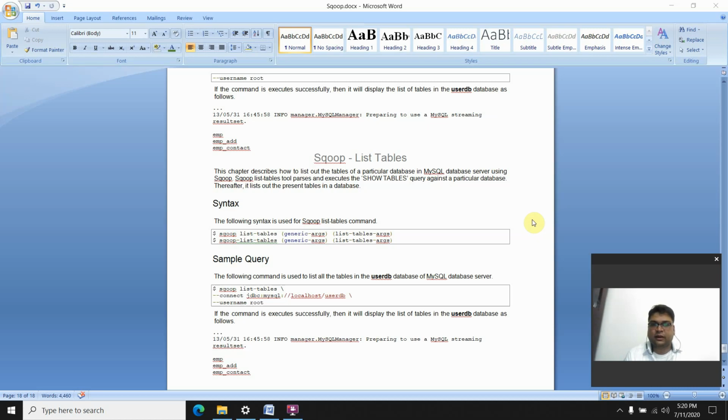Thereafter, it lists out the tables present in the database. So the sample is sqoop list-tables --connect with the JDBC URL and username root, and it will show you a list of all the tables present under the userdb database. So it has employee, employee address, and employee contact.